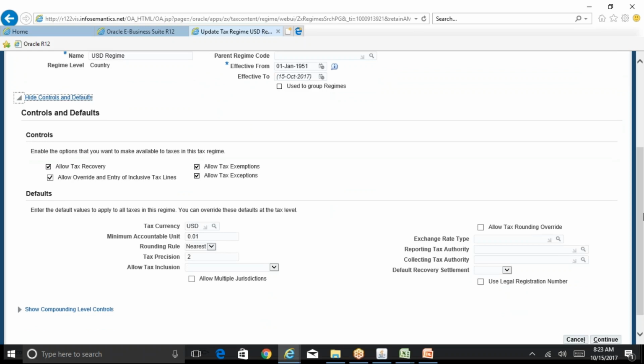And so these controls in general, most of the controls we will give at a regime level, and this will flow to the next levels, that is your tax code level and other levels. So whatever you enter, most of those things will get defaulted there. And if you want, you can make changes to these defaults at the lowest level. So the control says allow tax recovery. Allow tax recovery is like